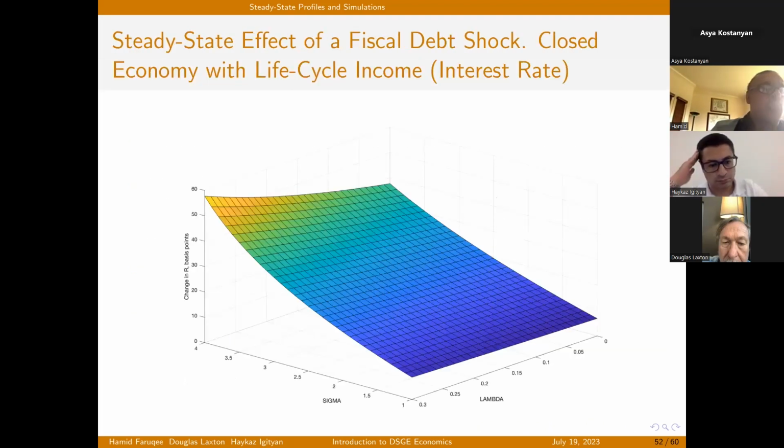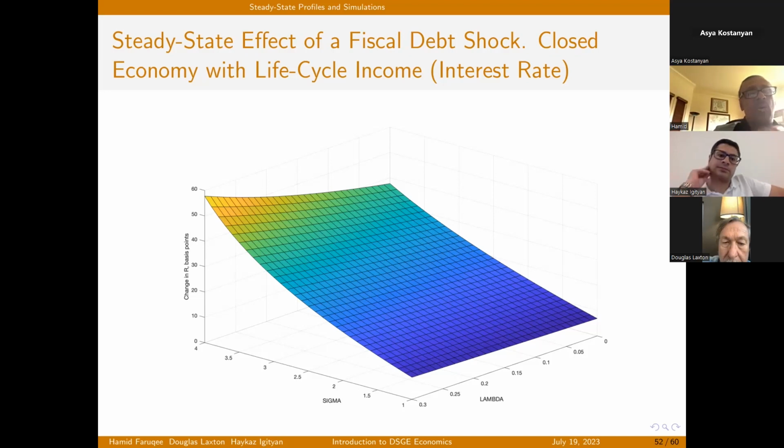So this gives you the same debt shock in the life cycle income case, and you can see right away how much larger the effects can be, particularly as you vary the value of sigma. You can get from that 10% of GDP debt shock, where we had very small, just a couple of basis point effects, now you're talking about effects on the steady state real interest rate approaching 50, 60 basis points in this particular case of